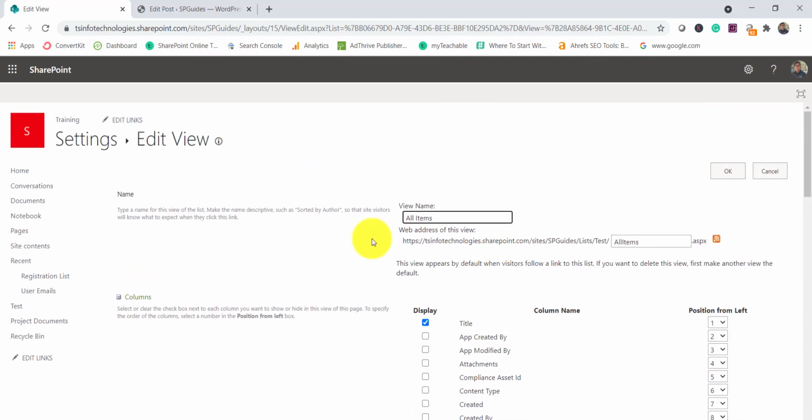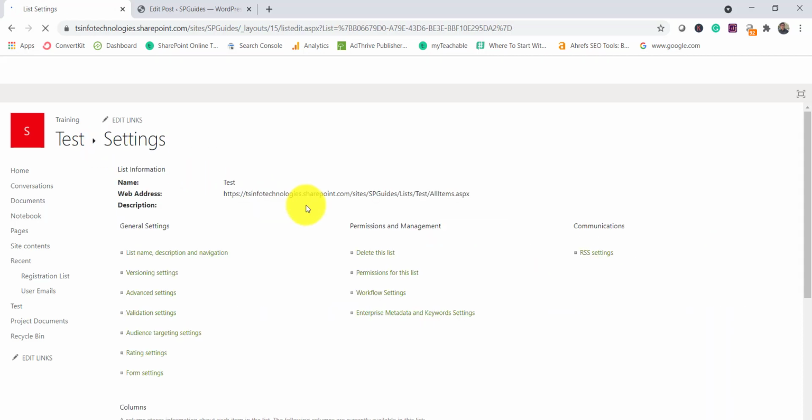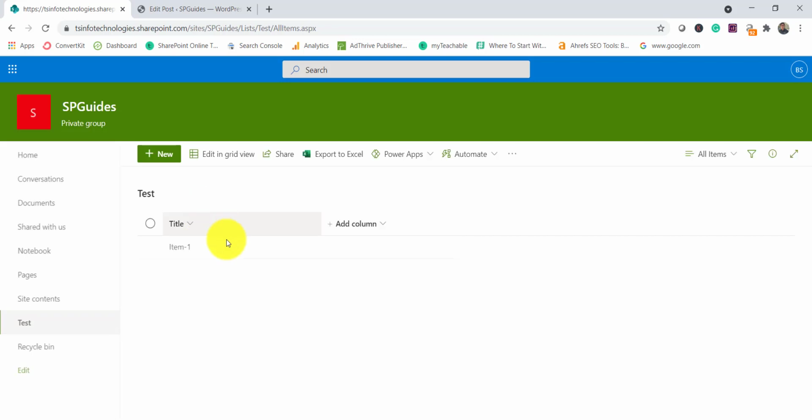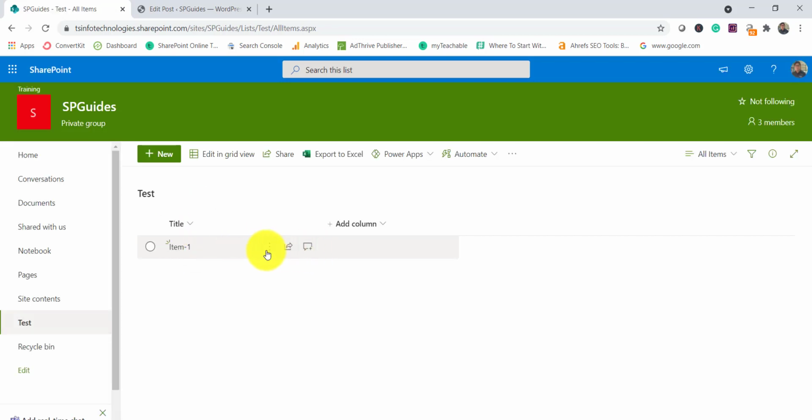Now why I'm saying all this, because if at any point of time you are thinking to hide it from that particular list, then there's the problem. There are other ways that you can enable another column for this EC menu and all, but by default you can see here, if I hide this column, then I'll not be able to see this EC menu over here. Whereas in the case of a library, even if you hide the title column, it doesn't matter, because there is always a name column over there which is doing all these things.